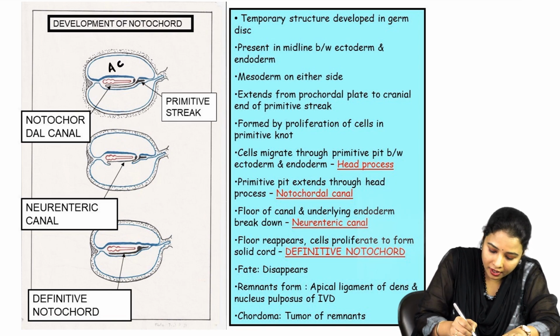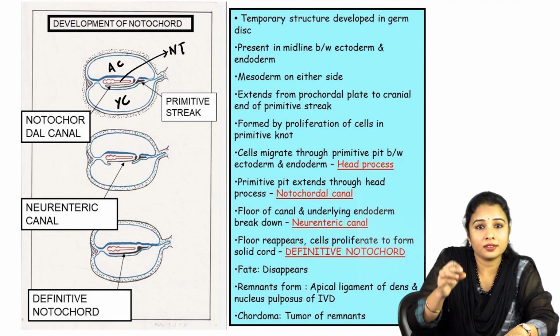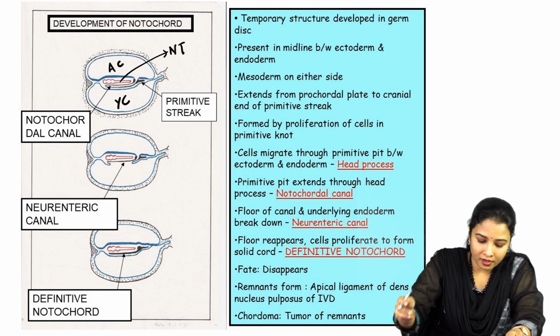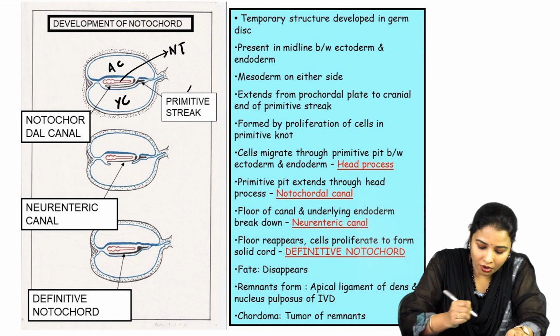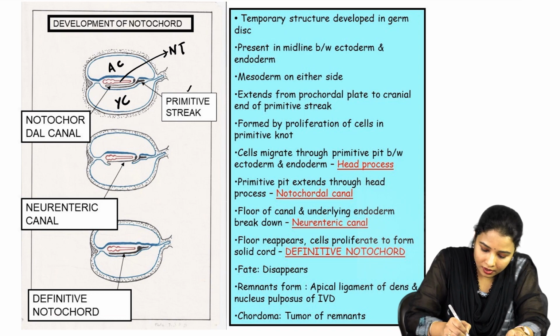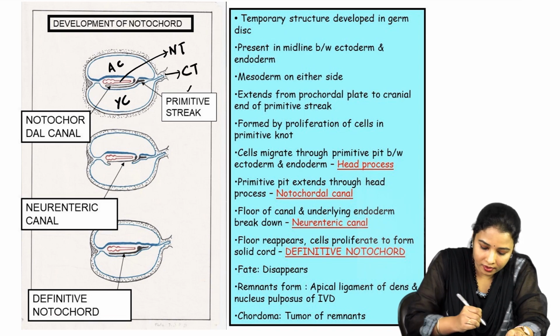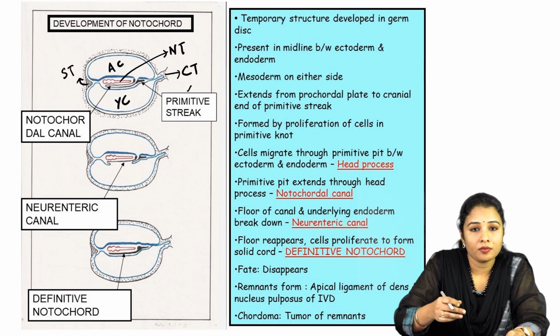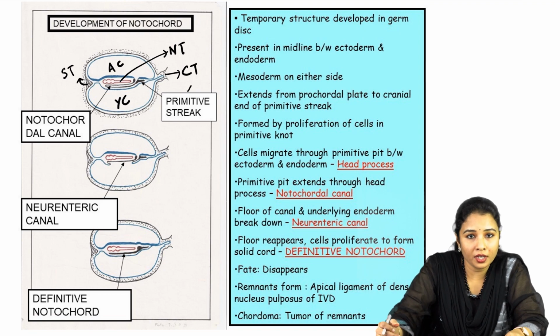This is amniotic cavity. This is yolk sac cavity. And the red one is the neural tube with three bubble-like structures which are called vesicles, primary vesicles of the neural tube. And we can see the primitive streak on the caudal end of the embryo. So here is the connecting stalk. This is septum transversum, which is present on the cranial end of the embryo. Later, due to the folding of the embryo, septum transversum shifts ventrally.